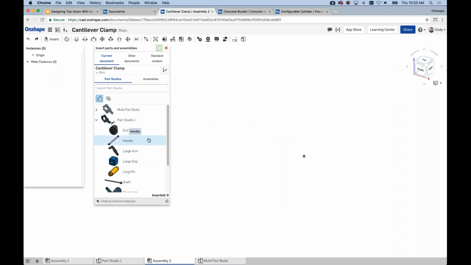They are, again, treated no differently than if you had modeled these in their own tabs. And there's no in-between steps in that process. So again, that was something that I would stress. And the same goes for drawings. You can insert these parts individually into a drawing, or you can insert the entire Part Studio into a drawing, but there's no need to export or import or any of those types of things. All right, so